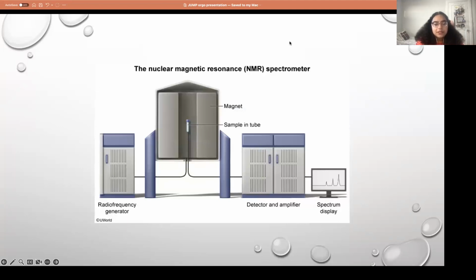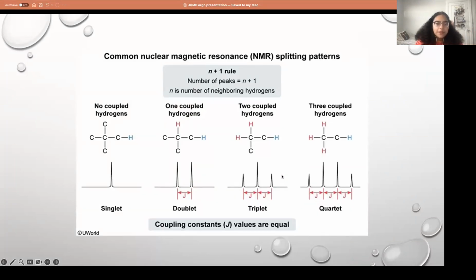Another important technique is NMR, nuclear magnetic resonance. And so again, this is what it looks like. It basically uses magnets, as the name suggests, to work with the fact that different nuclei have magnetic moments and they're oriented at random, but when they're in a magnetic field, they can either align with it or against the direction of the field that you're putting in. And so you'll get splitting patterns, and you'll have a plot of frequency versus absorption of energy.